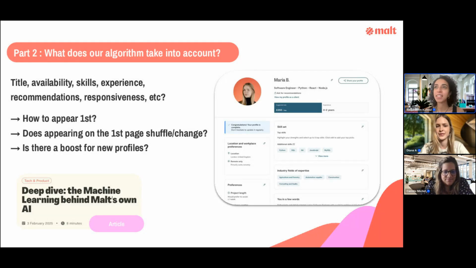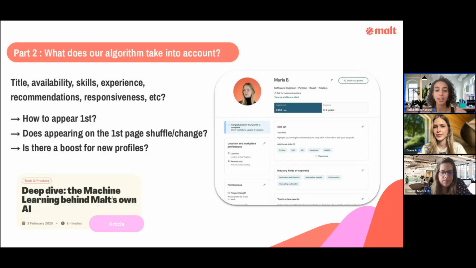I started answering the question about the photo. Indeed, we have a mandatory photo because there is this thing about knowing it's a real human. I saw the question asking about stereotypes and things like that, and of course we are thinking about it. It's also a conversation we have in our teams on how to make sure it doesn't create any bias. Yet it's fully online and you want to make sure there's a human behind. So that's why the photo is mandatory.